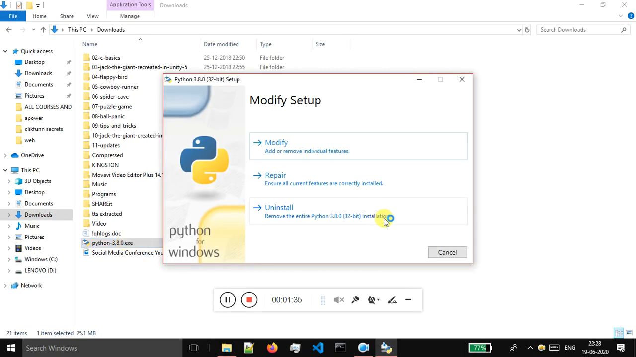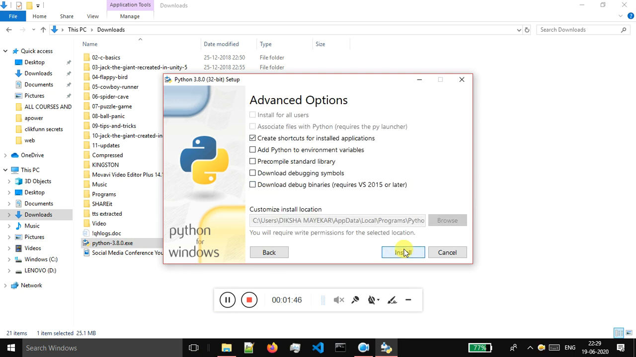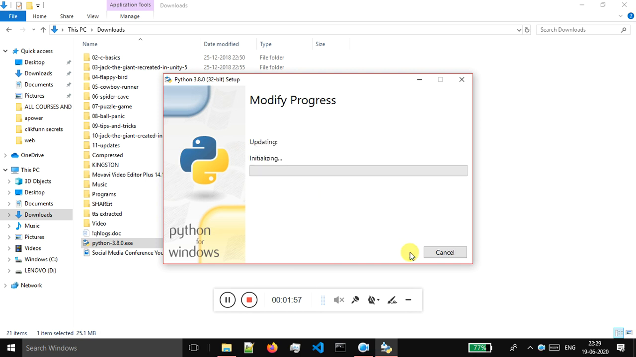So now what you have to do is just click on Modify if you're getting that error. Then just make sure that all of these things are checked. Okay, and click on Next, and there is one more step over here which is Add Python to environment variables. This is important. If you're not doing this, then you will get a lot of errors. Okay, so now you have to click on Install, and I think after this it should work. Click on Close,